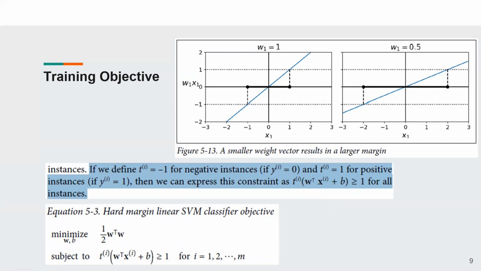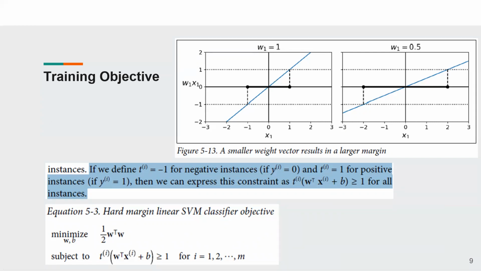When W is small, it essentially says that the slope of the line will be small, smaller compared to a larger slope, right? When W is smaller,